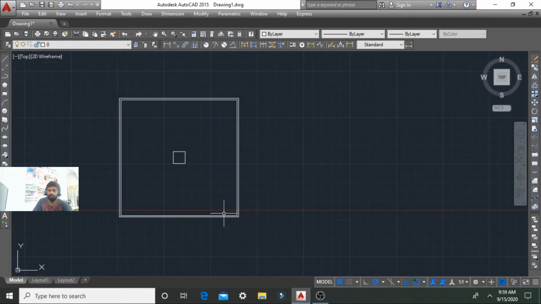Here the reinforcement should be 16 dia with 180 mm spacing. So I am giving the offset here, 180 mm spacing in both directions.